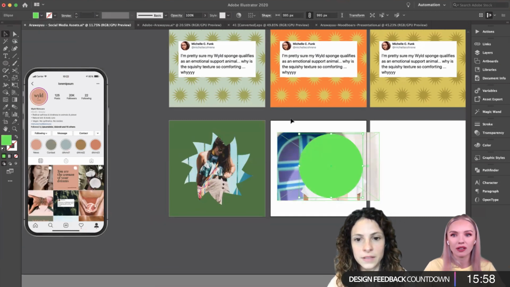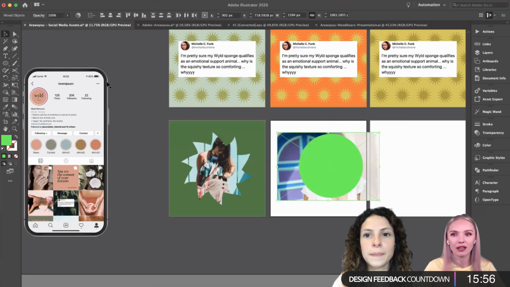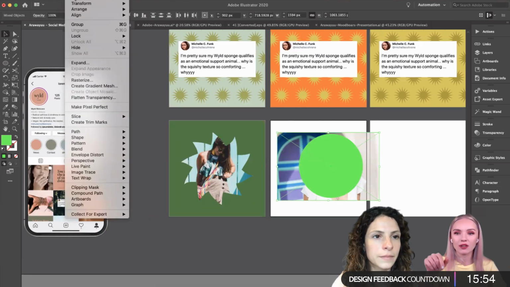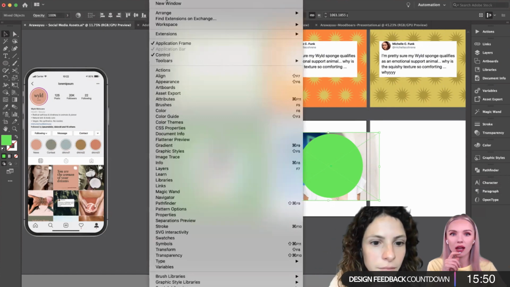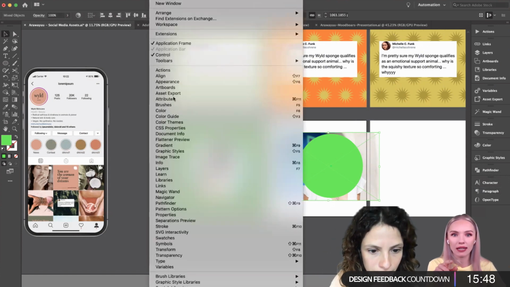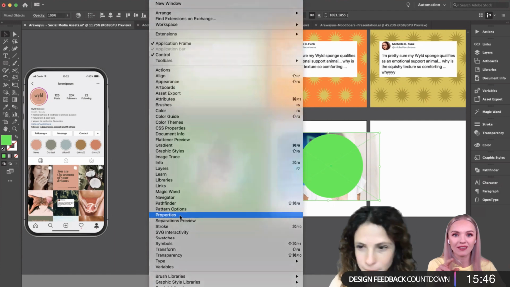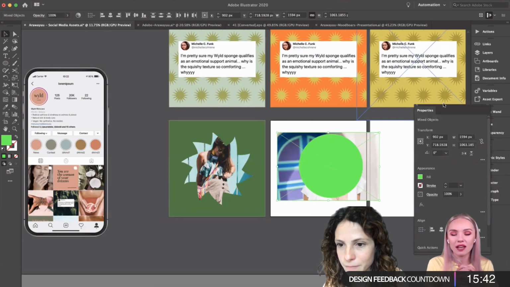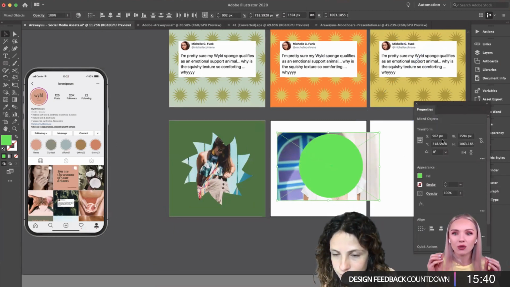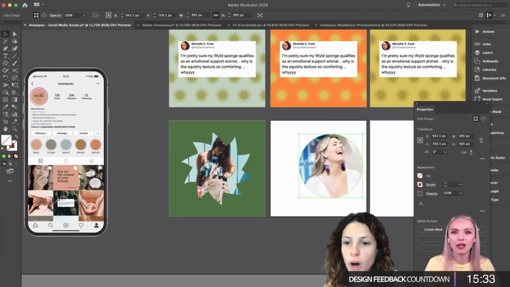Oh, okay. So I selected both of them. And then, do you have properties on your right panel? I just can't see it. Otherwise, you go to window, and then properties. Just click on down there, properties. Yeah, right there. And then you get this properties panel. The cool thing about the properties panel is that whatever object you pick, you will always get the options just for that object. I think you have to scroll down a little bit. Here, there is an option for make clipping mask.